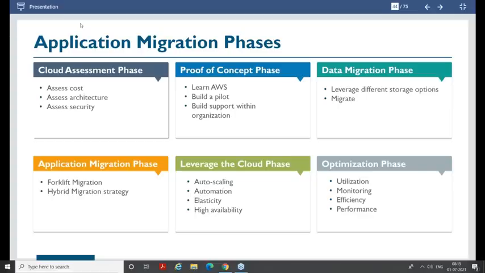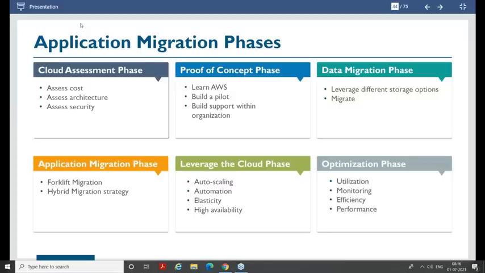Please understand very clearly: when you develop your proof of concept, you should have POC success criteria defined. If all these functionalities are supported and I see all this behavior available on cloud, then I would consider the POC successful. So you need to learn AWS, build a pilot project, and build support within the organization.